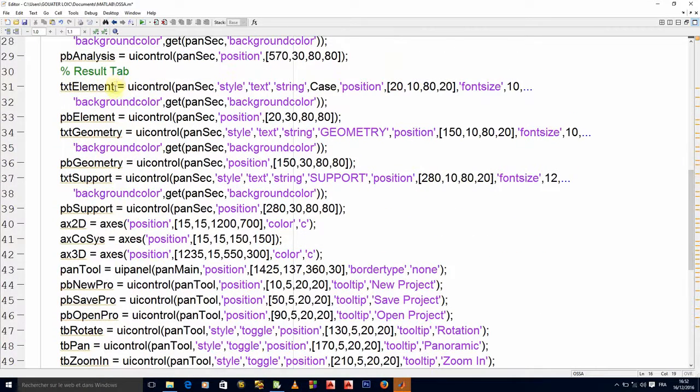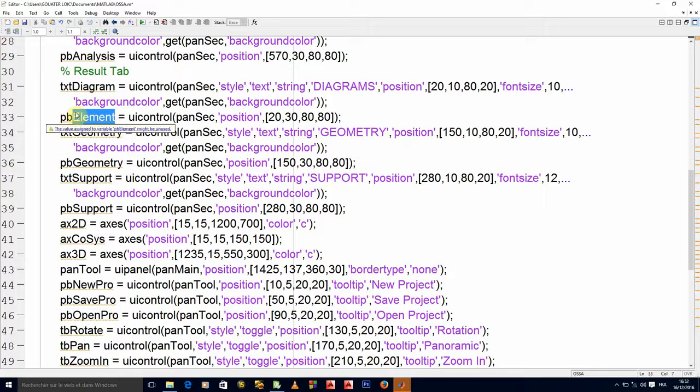So on the result, the very first item I said is diagram, so I'll say this is text diagram, all right. And here the string is no longer case, right? The string will simply be diagram. Let's put it diagrams, okay? So the diagrams will be diagrams of internal forces plus deflection, okay?